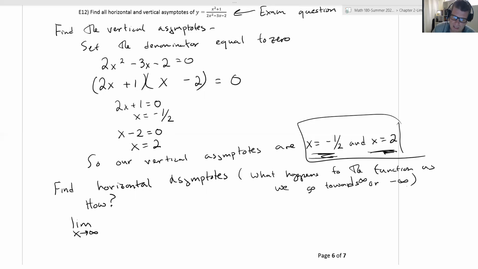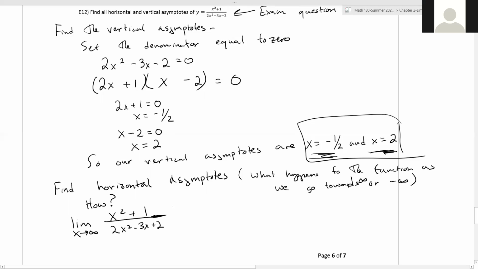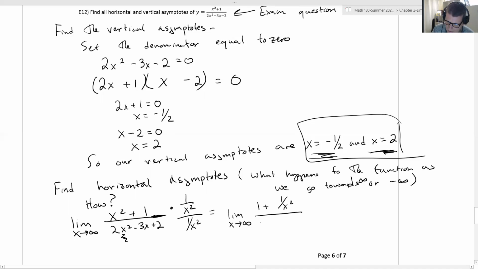So the limit as x approaches infinity of x squared plus 1 over 2x squared minus 3x plus 2. Okay, great. So tell me, what do I do next now? You multiply top and bottom by 1/x². Yeah, so what we're going to do is look at the highest power in the denominator, and multiply the top and bottom by 1 over that highest power. This is then going to give me, so go ahead and simplify that. It's going to be 1 plus 1 over x squared divided by 2 minus 3 over x plus 2 over x squared,